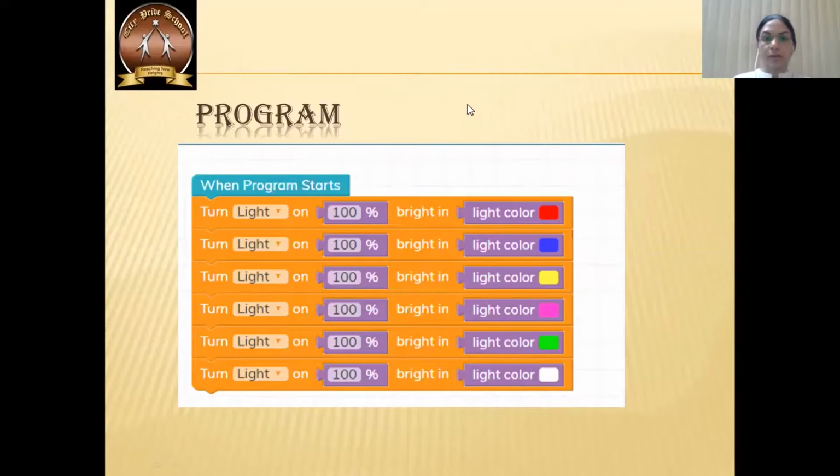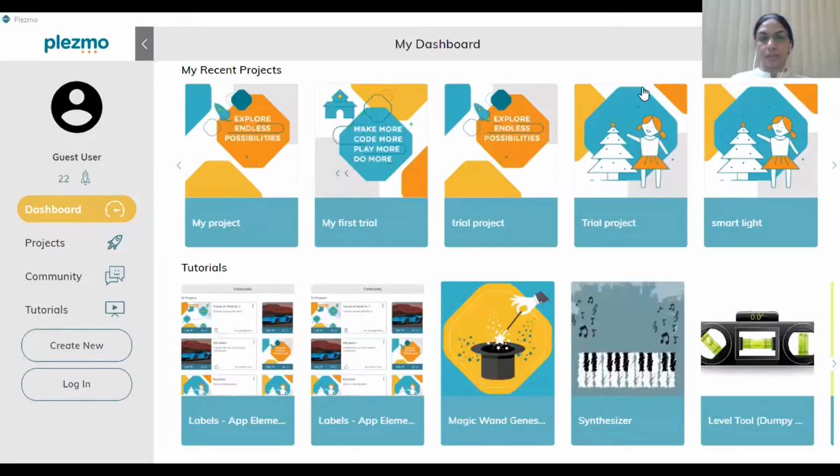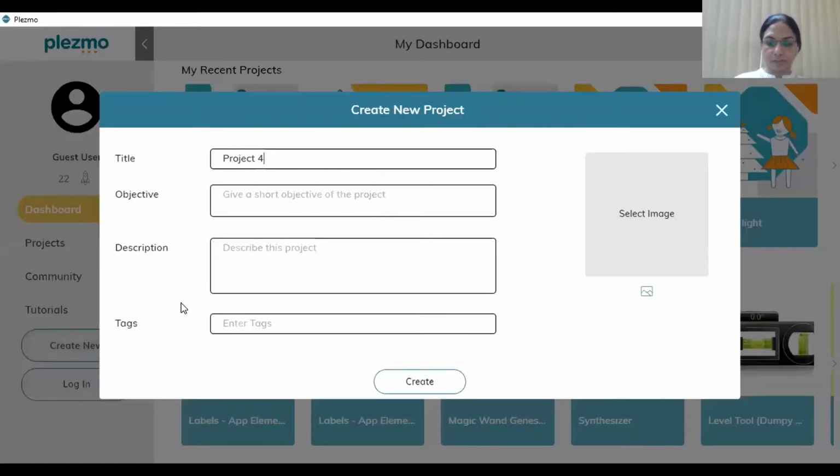Now we will try this in the Plasmo software. As I already told you, you have to create a new project. So create new project, and this is our first project. We can write here: first project.